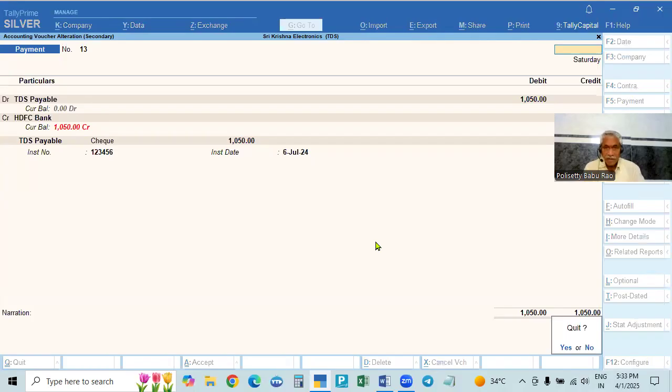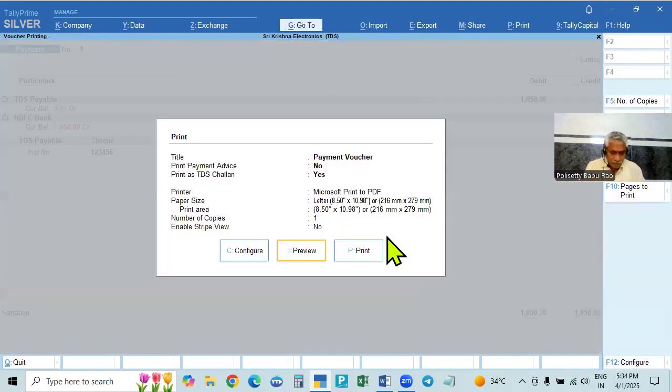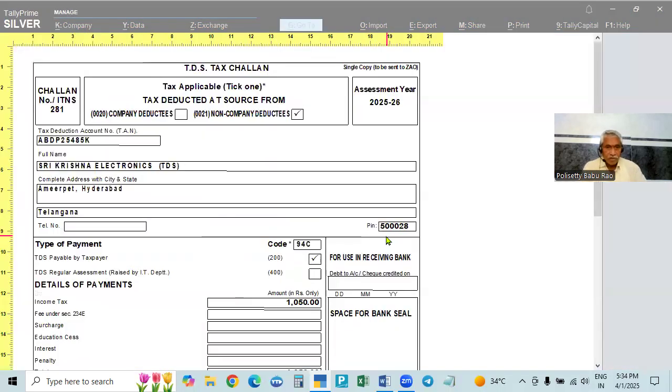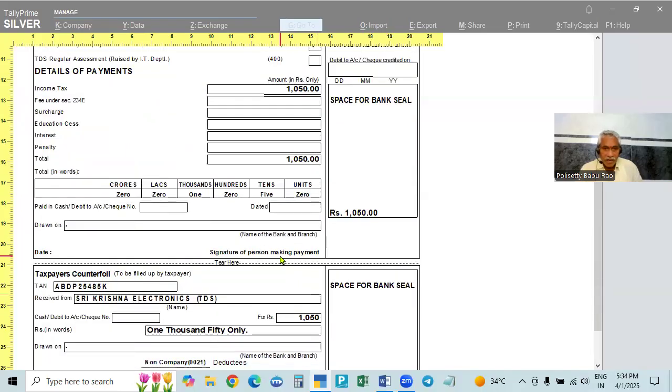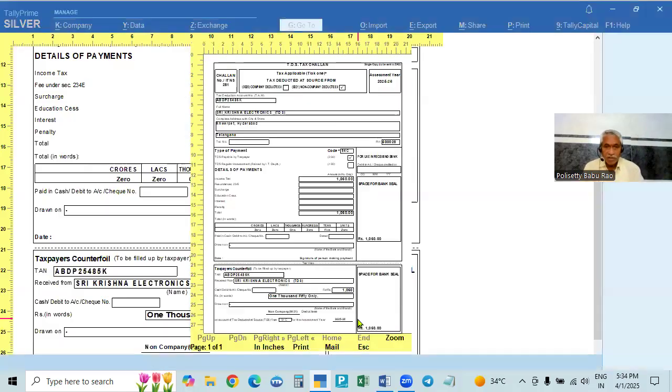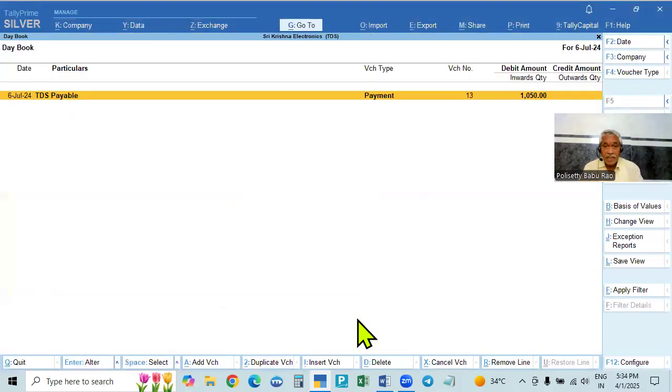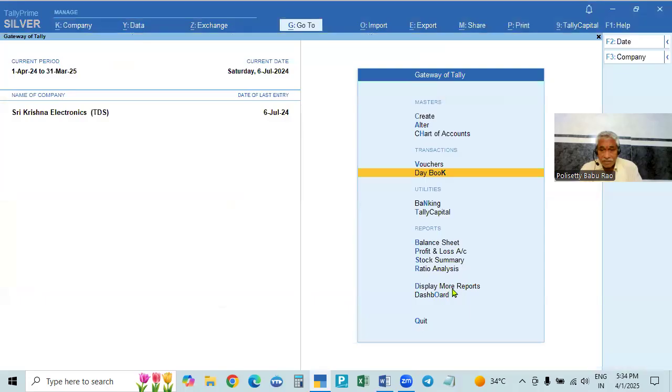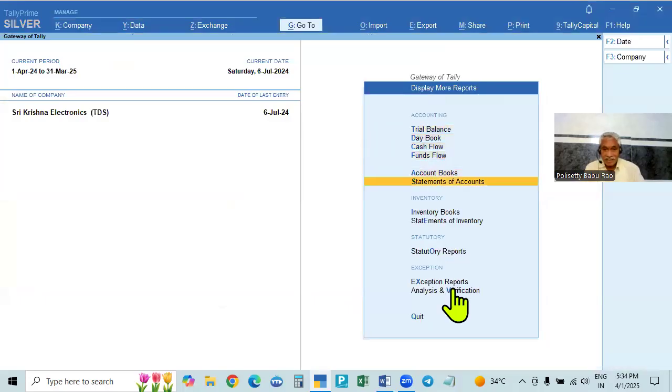Control P. After making the payment, they will take the upper part and give you the counter file, so there is their part and our part. They will put a stamp on it. The TDS code, challan number, everything will be there. So we have to make entries for that below, that is, in the report.